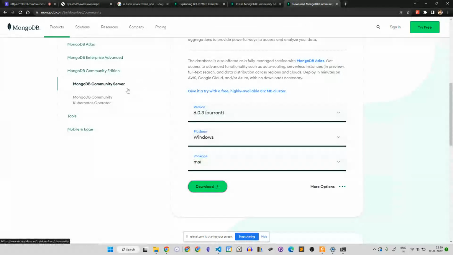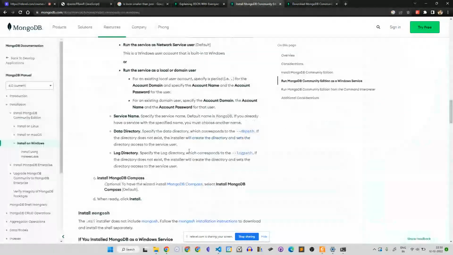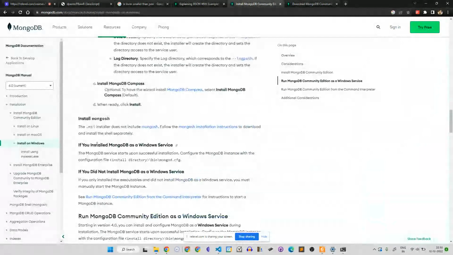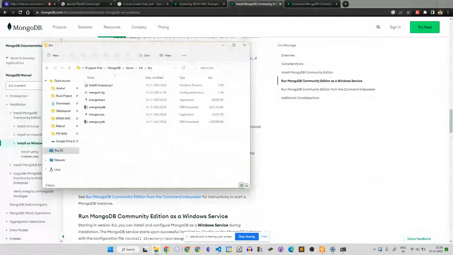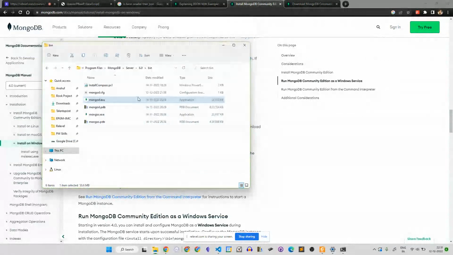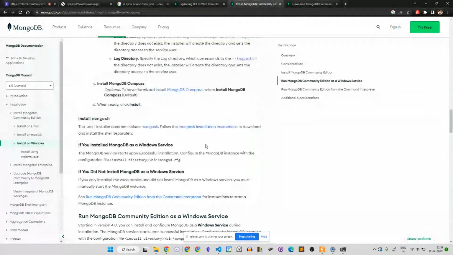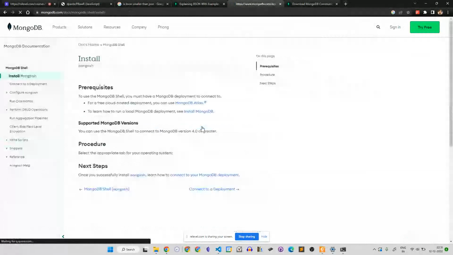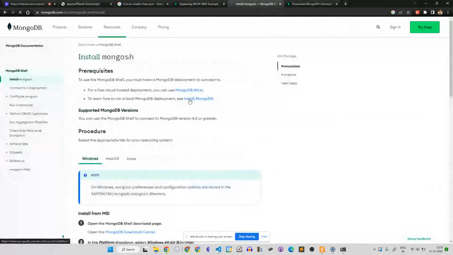So I can just click here. Install mongosh. Download, install the shell separately. Yeah, so there is mongosh already. You can just come here and click on this. So you need to install it separately.